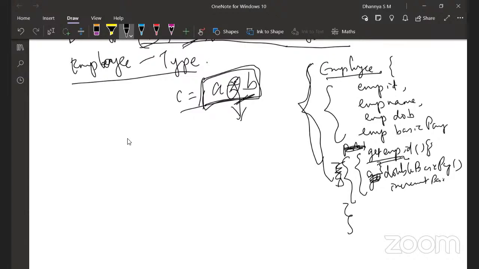So you abstract out these unnecessary details. This is the data plus a set of operations. You know what the operations are, but you do not know the implementation details. So for every such data type, you have something. For instance, say you have this method, say, get employee ID.